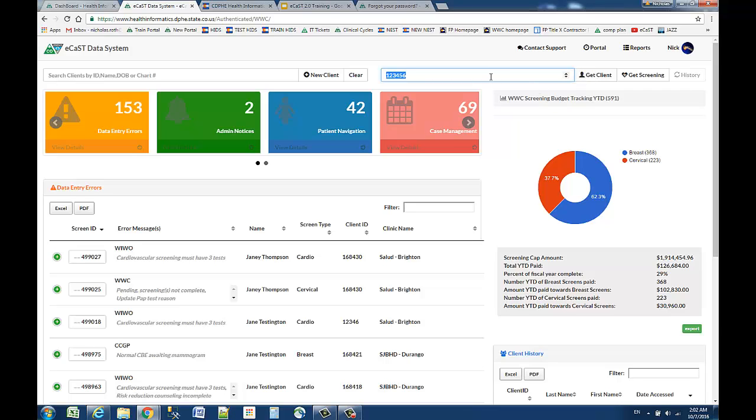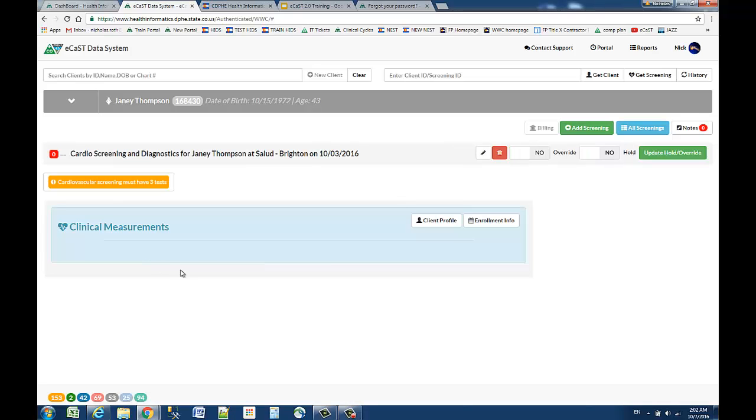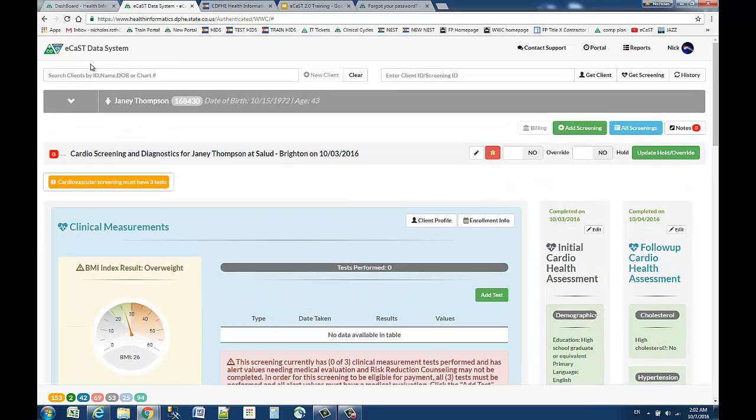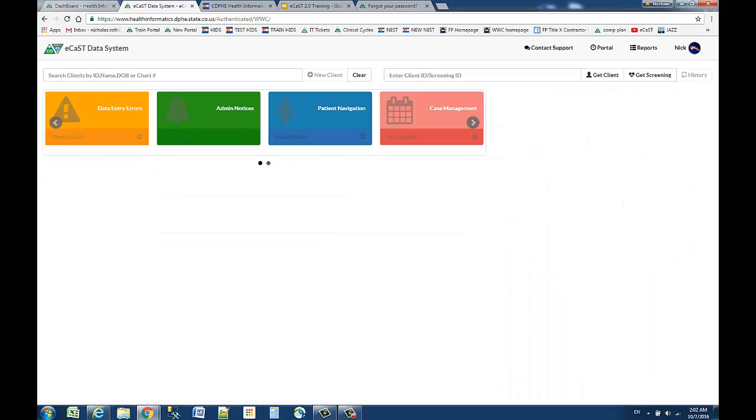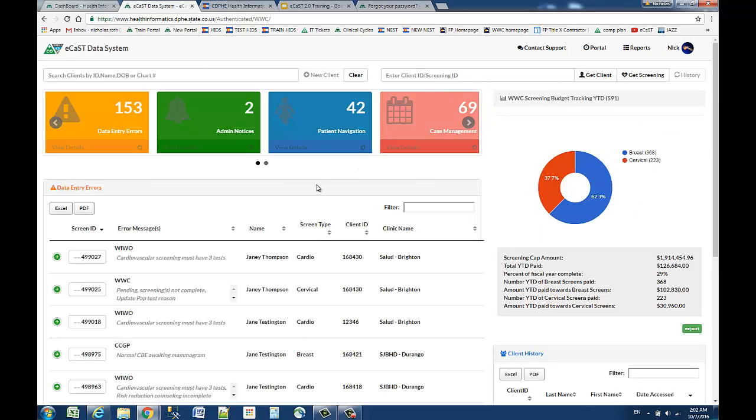Or if you know the screening information, let's steal one from down here, 499027, and then click Get Screening. It'll take you directly into that screening. One note on the tables over here, if you click on this, we'll just show a little magic real quick, it takes you directly into that screening, which is pretty magical. Alright, back to the home page. So we have two types of searching devices. We have a whole slew of categorical fun with the errors tables here that also are PDF or Excel exportable,